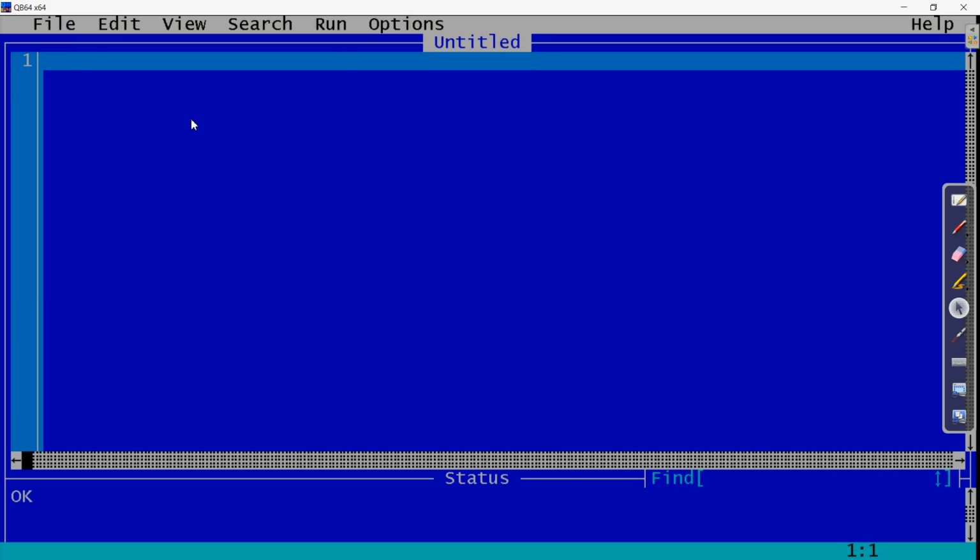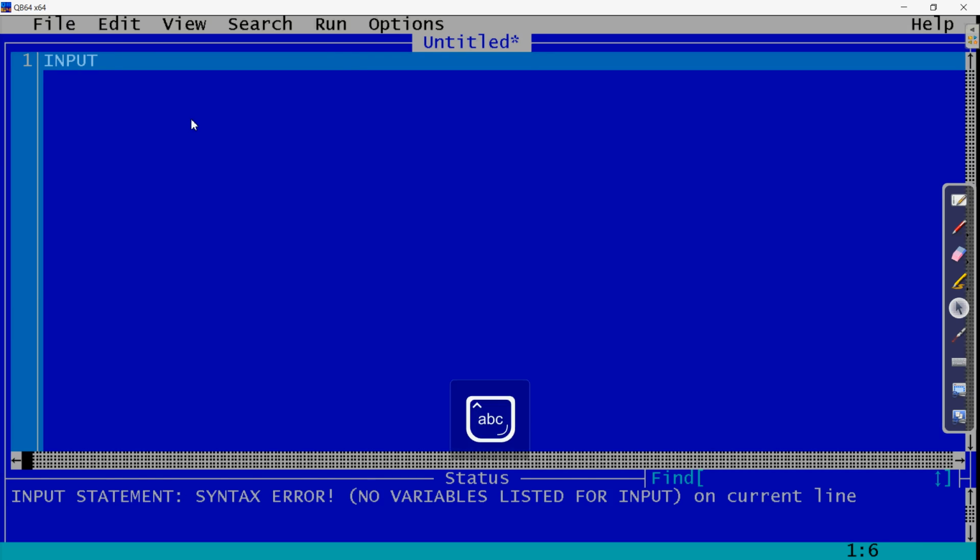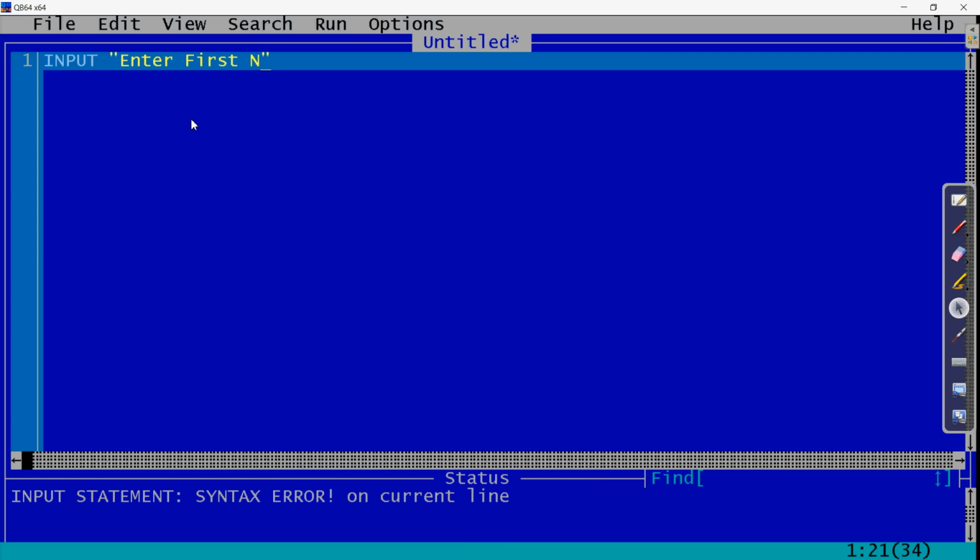Now we are using the input command, so write input, then whatever message you have to write goes in double quotes. Okay, so the message is "enter first number"; whatever message according to you, we can write.